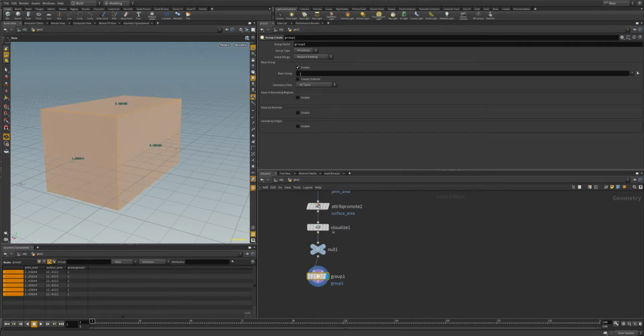and then in our base group filter, we can actually do @primarea to grab the primitive attribute. In this input field, we can't actually write full expressions, but we can write small, simple expressions. And it's important to remember we can't have spaces in here. A space will break the group input structure. In a normal attribute wrangle or some other VEX inputs, we could have spaces, and here